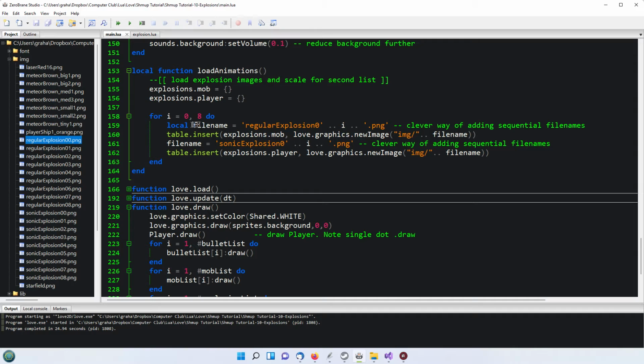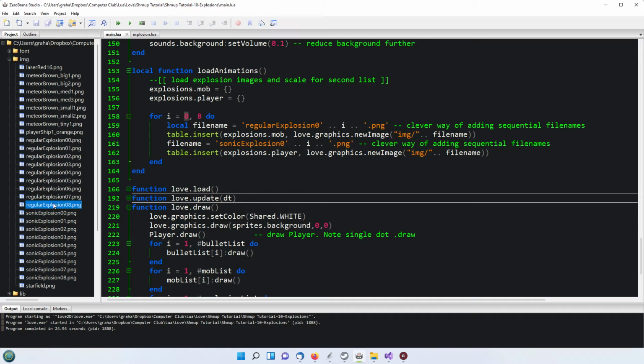So we can call a file name regular explosion and then the value of i, which of course will start at 0 so that we can get the first explosion png, and then we're going to insert that into the mob explosions, and set it up with the image from the file name, so that we're adding into our explosions mob table all 8